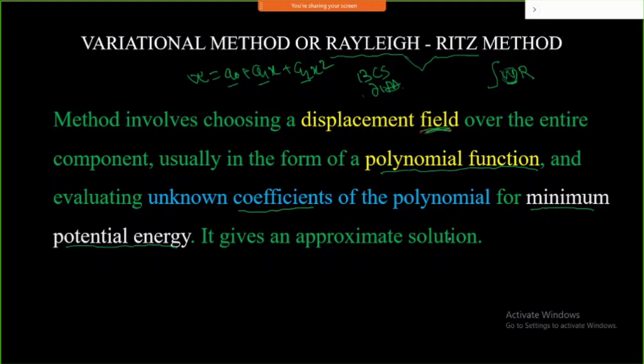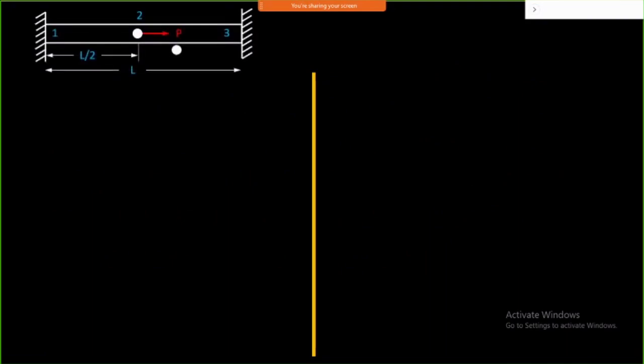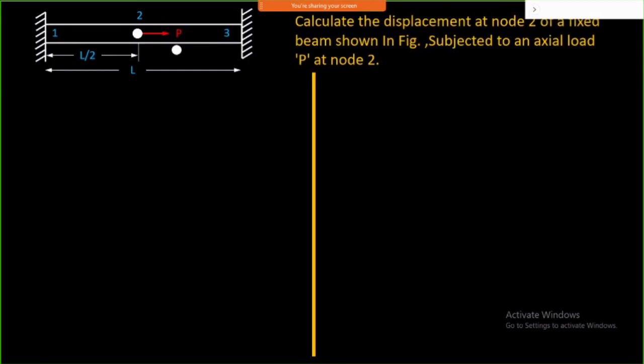So we'll start with a simple example. In this example, we are taking a simple bar. A point load is applied at the middle. The points are 1, 2, 3, you can just look at it. The length of this entire rod is L, and the area is A. Ultimately, you need to determine the displacement at node number 2. That is basically the intention for this.